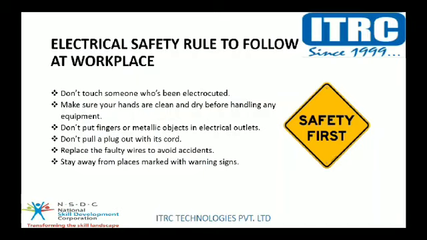Coming to the next rule, that is electrical safety rules to follow at workplace. What is electrical safety? Electrical safety is a system of measures and technical means to prevent harmful and dangerous effects on workers from electrical current, electromagnetic fields, and static electricity. Some of the main points that come under electrical safety rules are as under: